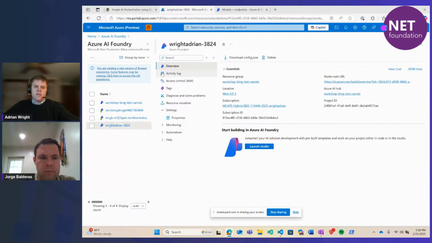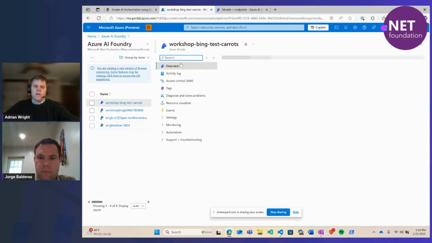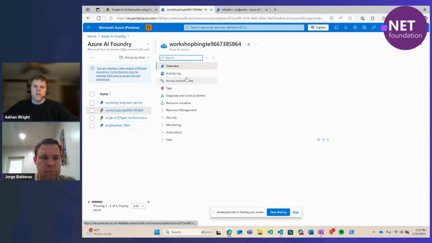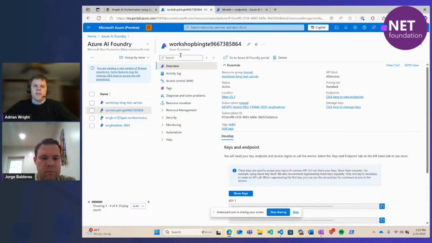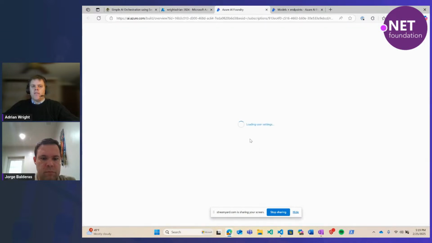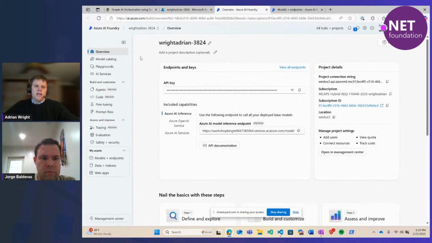The first is an Azure AI Foundry project. We'll jump into the Foundry UI in just a minute. I also created a workshop Bing grounding resource. I was using different fruits and vegetables here every time I deployed, so we got the carrots one. This Bing grounding resource we will use when we are doing the grounding at the end of the workshop. But I just wanted to show that you need to create some resources here in the portal, and then we can launch the Azure AI Foundry Studio here.